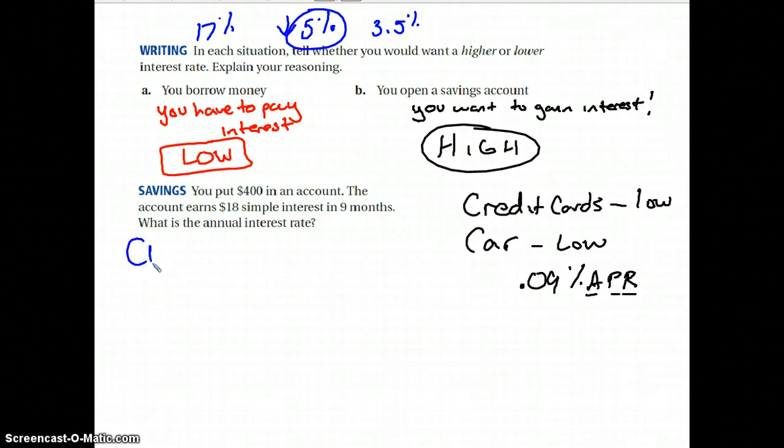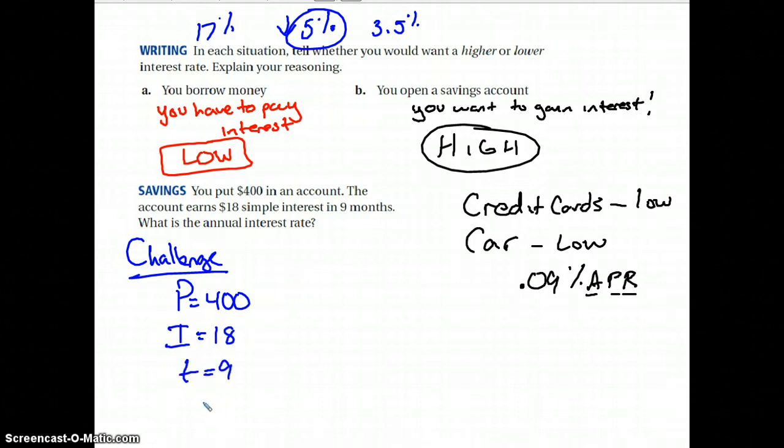Last thing is kind of a challenge. It says you put in $400 into an account. So P is $400. The account earns $18 in interest, and the time is 9 months. You want to find the rate. So this is one that's different. If we set it with our formula,